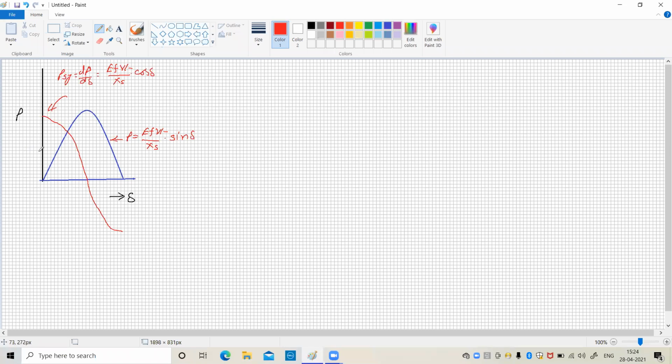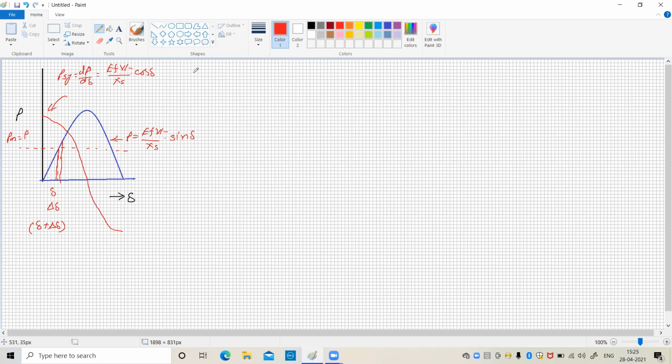Let a system is stable, means it is working at some particular value where electrical output and mechanical input are the same and the angle is delta. Suddenly the load has been increased and there is a change in angle. The change in angle is delta del, so that the new value of angle is equal to delta plus delta del, isn't it? So this is the new value.